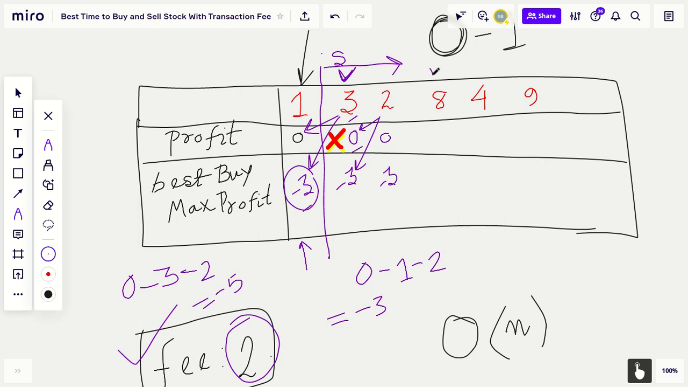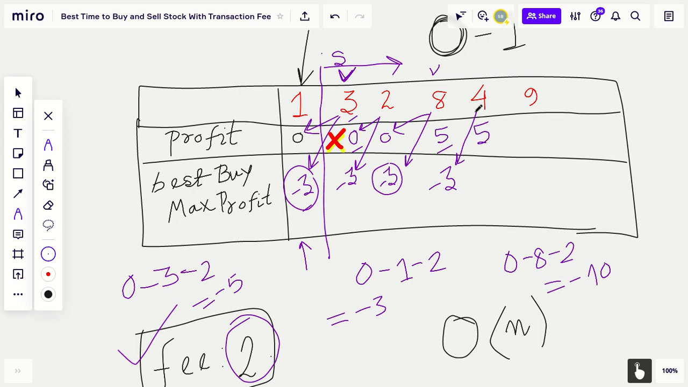And then when you come to this 8, so 8 plus this value minus 3, so it gives you 5. Okay, so 5 is obviously greater than 0, so you put a 5 over here, then you subtract 0 minus 8 minus the fee, that gives you minus 10. Obviously minus 3 is a better option, still a better option, right? Next, 4 minus 3, that is 1, right? But I do have 5 over here,